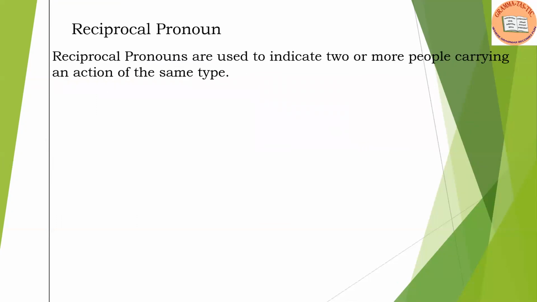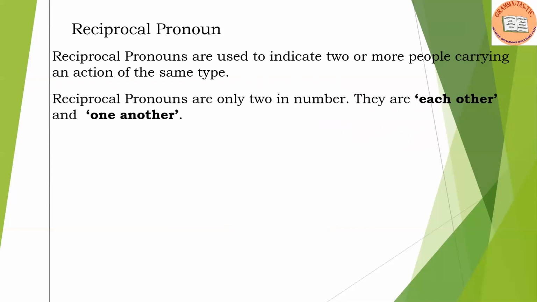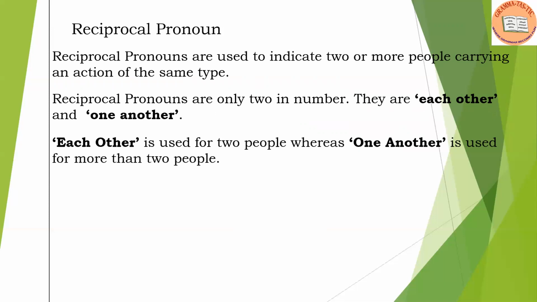Reciprocal pronouns are used to indicate two or more people carrying an action of the same type. Reciprocal pronouns are only two in number. They are each other and one another. Each other is used for two people, whereas one another is used for more than two people. Example,